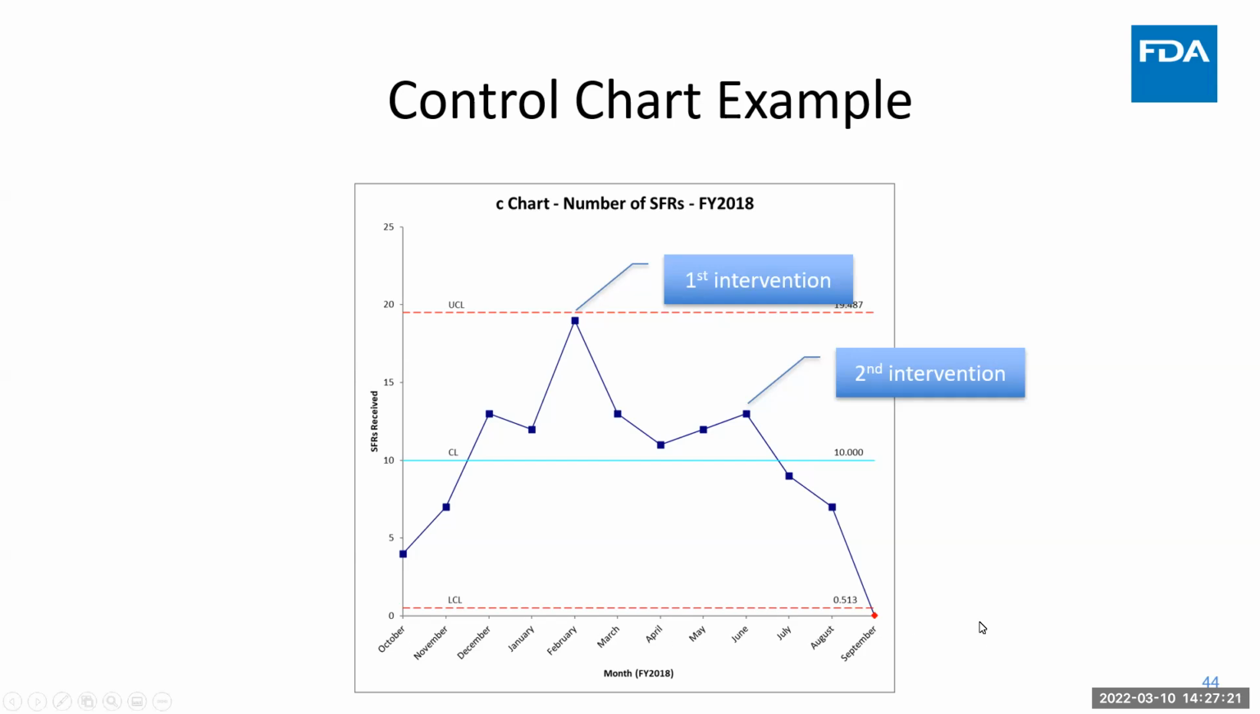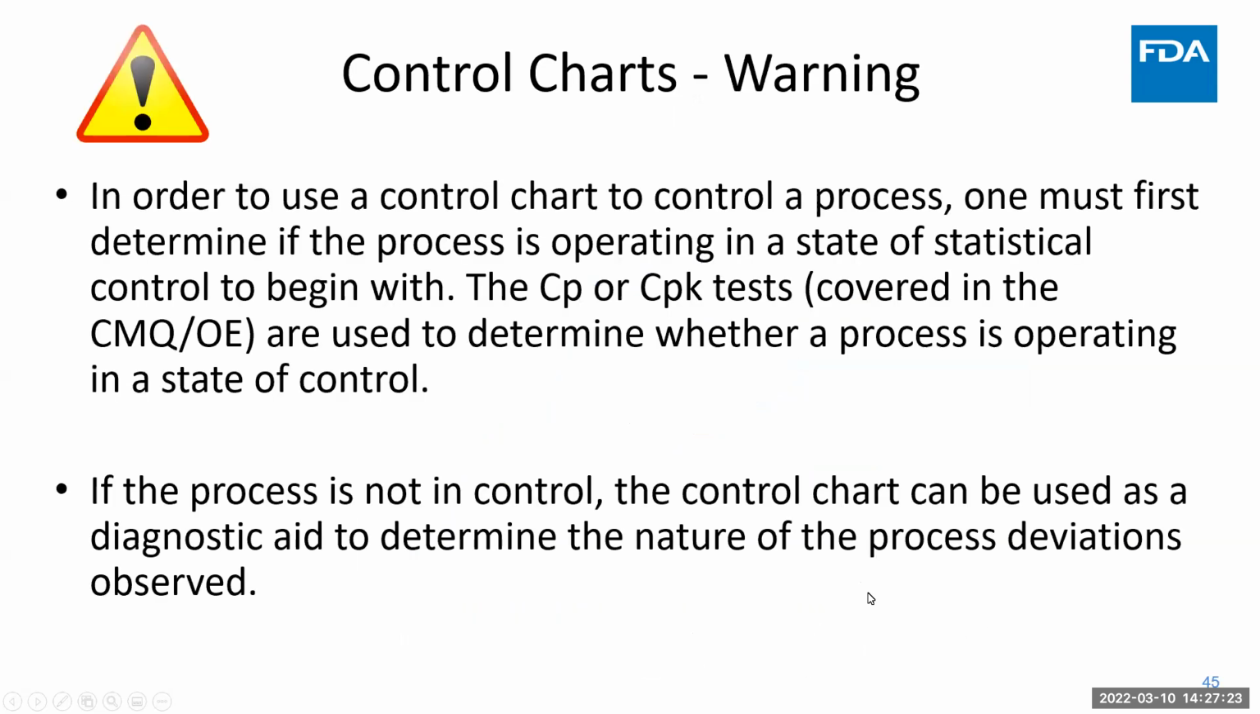Now we have a warning about control charts. Next slide, please. In order to use a control chart to control a process, you must determine if the process is operating in a state of statistical control to begin with. We have the process capability tests, the Cp and the Cpk tests. These are covered in the CMQ/OE certification. They're used to determine whether a process is operating in a state of control. They are beyond the scope of this training, but they are covered in—